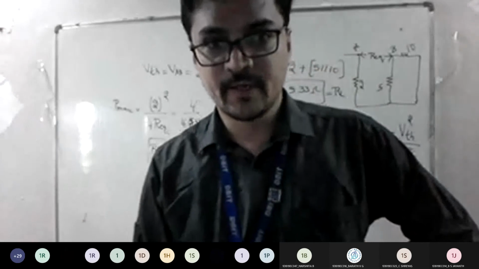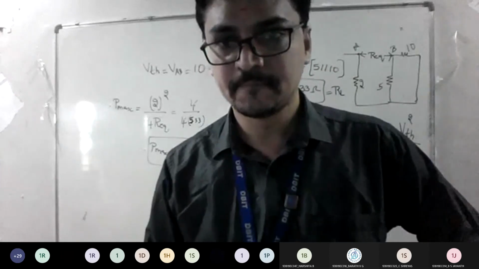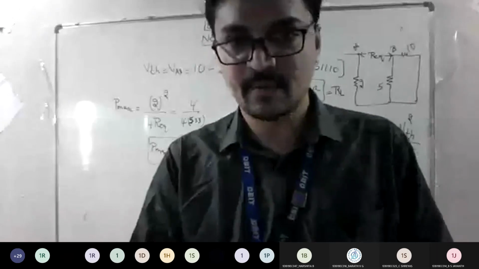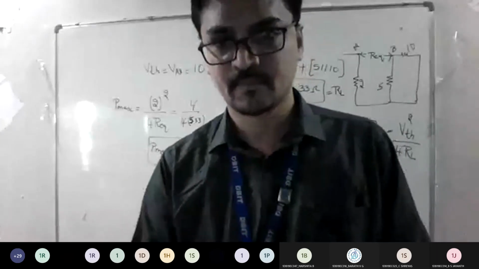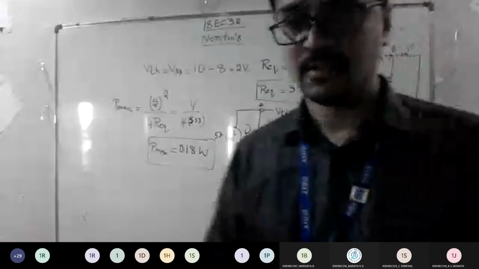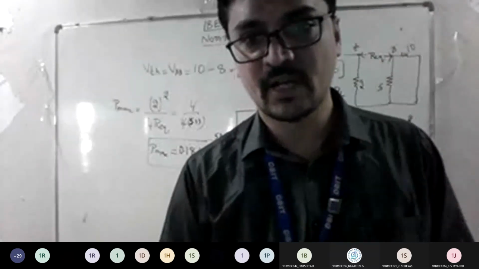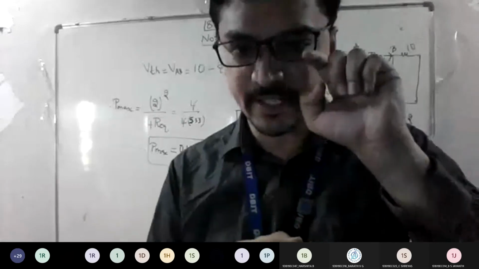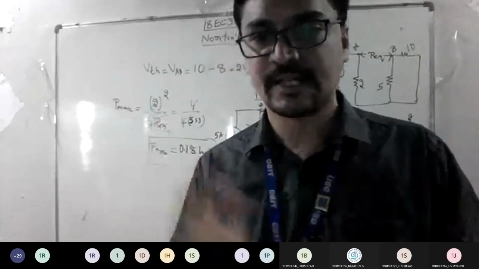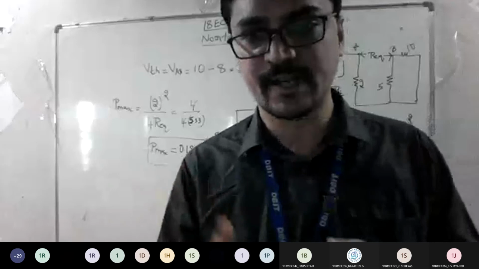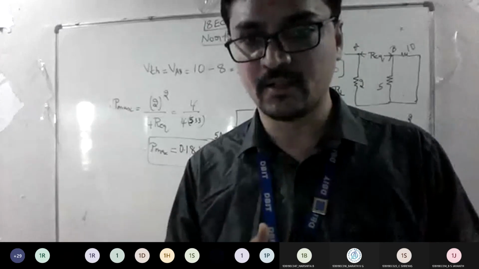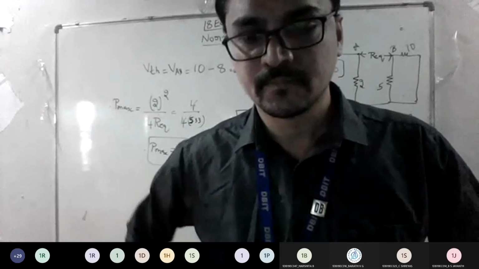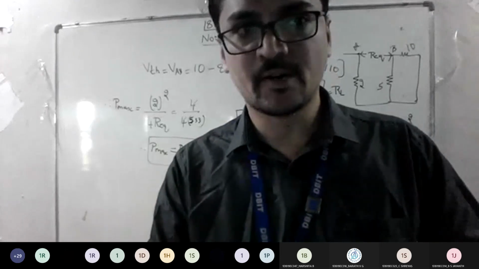Any doubts, anyone? Am I clear? So you got the logic of how to solve the maximum power transfer theorem now? Just stick to the procedure. Whenever there's maximum power transfer, you just need to remember the formula and apply the logic how we used to do in Thevenin's, and get the answer. So today we'll just start with the basic problems. Tomorrow we'll go with the next type of problems. Am I clear? Any doubts, anyone, till here?